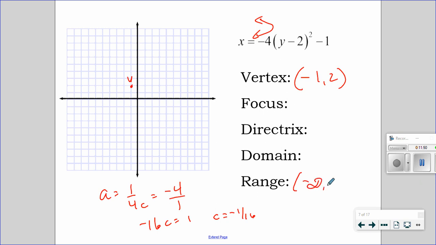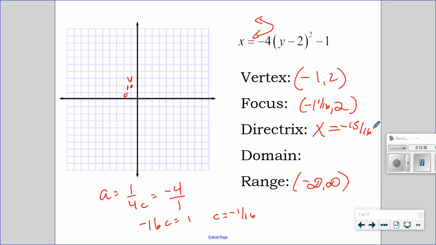Maybe you've already filled in the range because that's going to be a left and right. That's going to be -infinity to infinity. Directrix is going to be x equals something. Focus is going to have the same y coordinate. So I'm 1/16 away to the right and to the left. So the focus is going to be right about there, 1/16 away. So that means the focus is going to be -1 and 1/16. If I go with a directrix, it's going to be 1/16 to the right. So -1 plus 1/16 is going to be